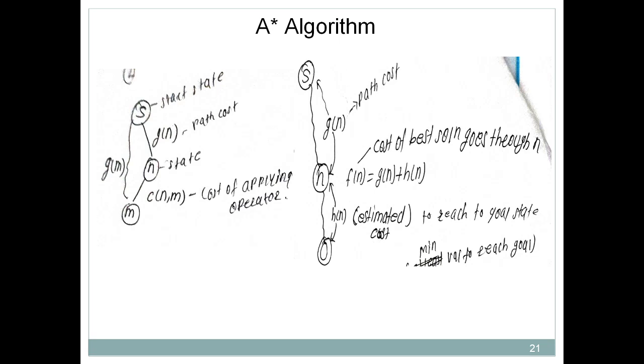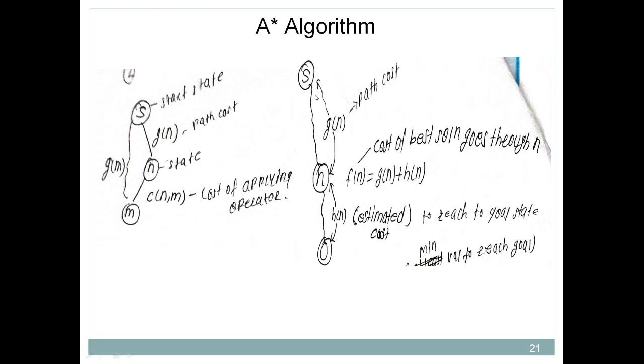It's not fixed. It just estimates that this much will be the cost from your current state to the goal state. So the heuristic plays a very important role because it gives you an idea of how far you are from reaching the goal state. According to that you will decide whether to follow this particular path or not. But in the case of an uninformed search technique, this thing is not there. You are just blindly following the different paths. You are just exploring all the possible paths. There is no heuristic, so you will not understand how far you are from reaching the goal state. So the A-star algorithm makes use of an H value.